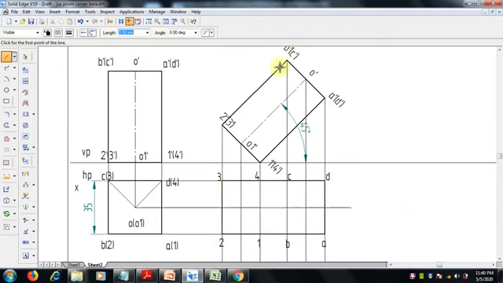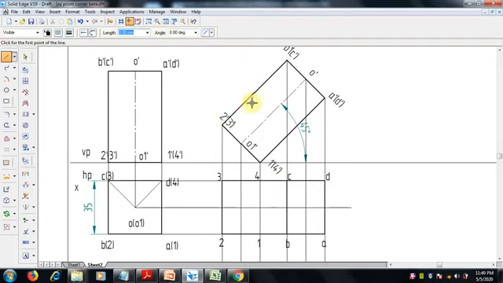When we are seeing from the top, the top face is visible and the bottom base is invisible. So the visible base we have to draw with 0.5 mm thickness. Select this, and join A, B, C, D with thick lines, and this 1 to 4 is hidden, it is behind the axis line.